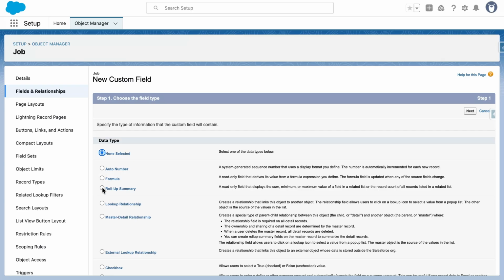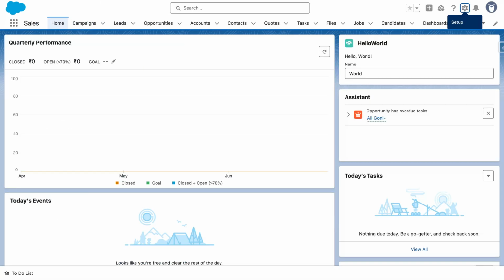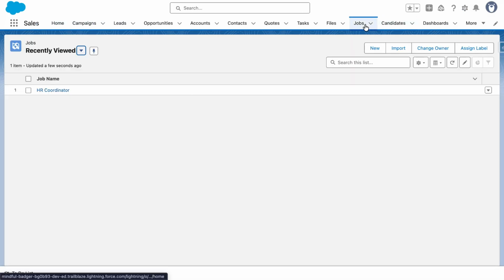So if I select roll-up summary, in the description we can see a read only field that displays the sum, minimum or maximum value of a field in a related list, or the record count of the records listed in the related list. So what is a related list? Let's go to our job object.